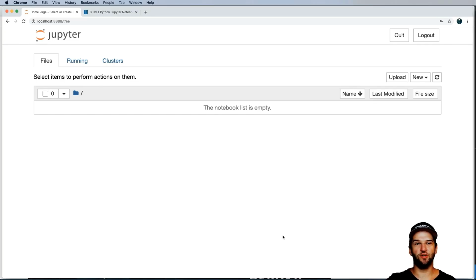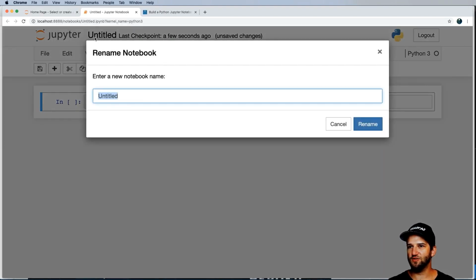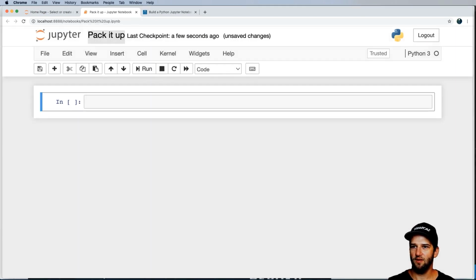So now when we actually bring this into production, we have to remember that the state of Jupyter notebooks, or the actual notebooks themselves, is going to be temporary. That is, if we rebuild our application and then redeploy it, all of those notebooks will be gone. So we need a way to actually handle that challenge. So inside of Jupyter, I'm going to go ahead and create a new Python notebook here. And this one is going to be called, well, I'll call it Pack It Up. And so all this is going to do is make a zip file, and it's